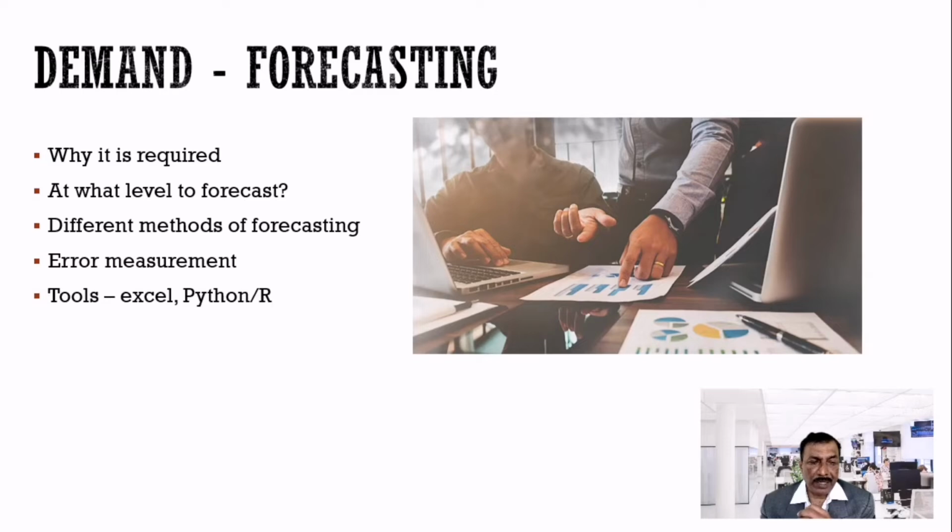The next topic is, having done the forecast, you should know how to measure the error. Here we are trying to compare actual with the forecast. Assume that you have forecasted some quantity for the next 6 months, and after you have the actual figure, you need to compare the actual with the forecast. If the error is within manageable limits, it's okay. Otherwise you have to revisit your methods of forecasting and moderate that figure for the final evaluation.